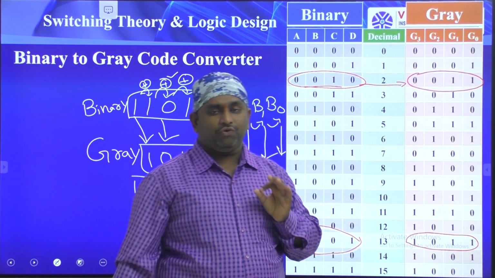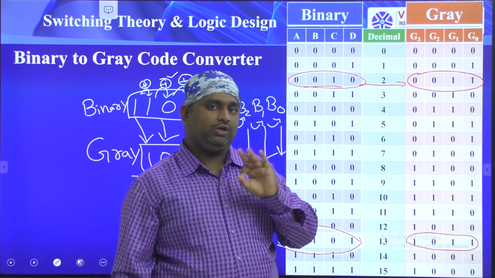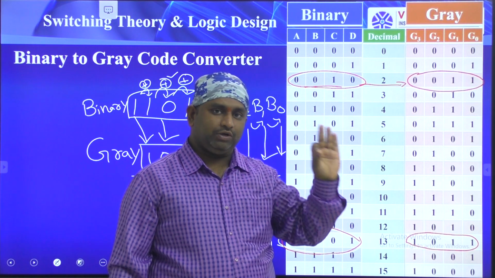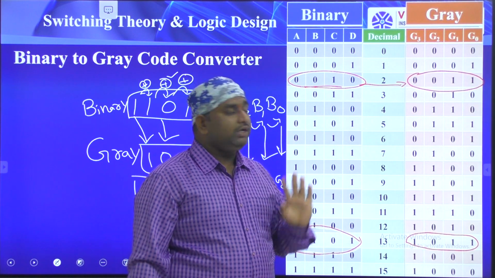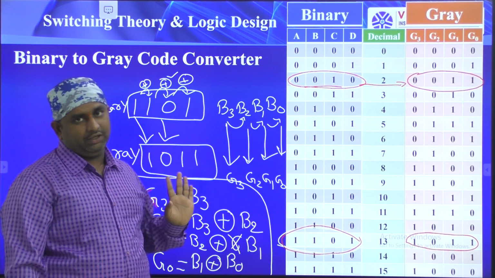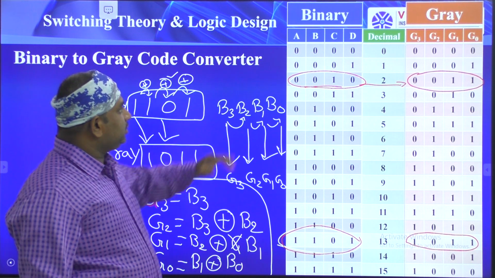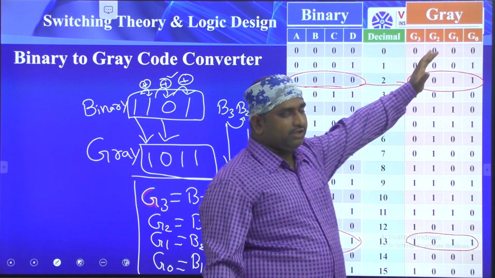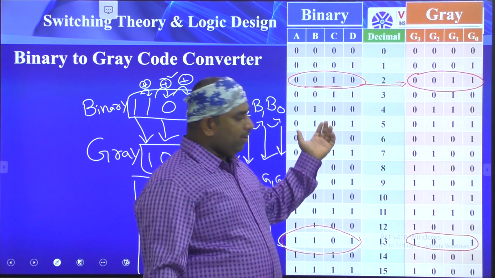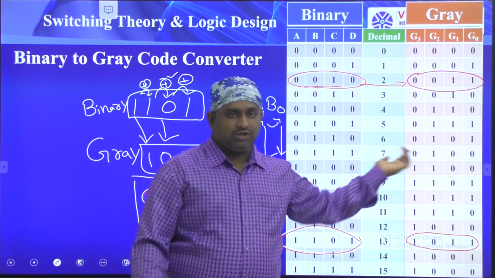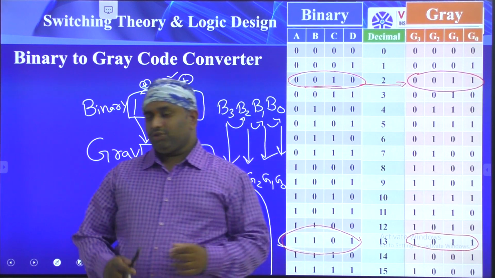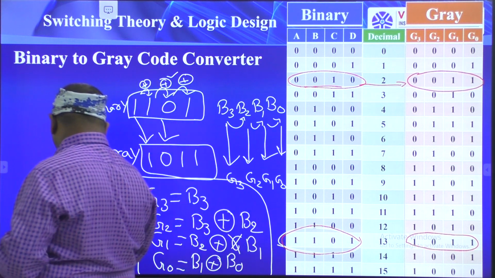The circuit should convert the binary information into the gray code information. That is the operation you have to do here. Okay, right. So this is the binary number system and these are the gray code number systems. Write carefully. If you write these tables clearly, then you will get the equations perfectly.